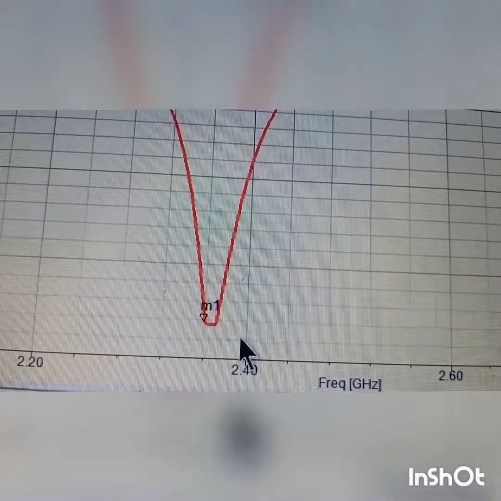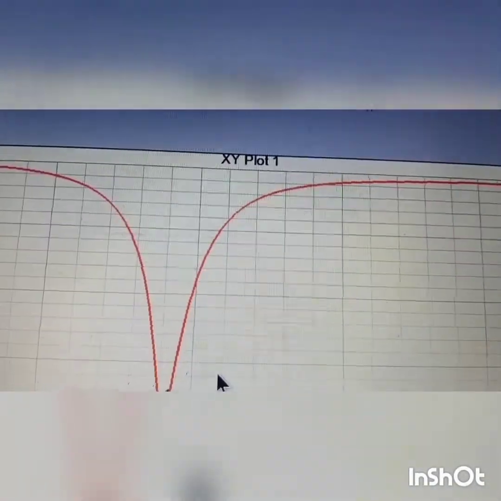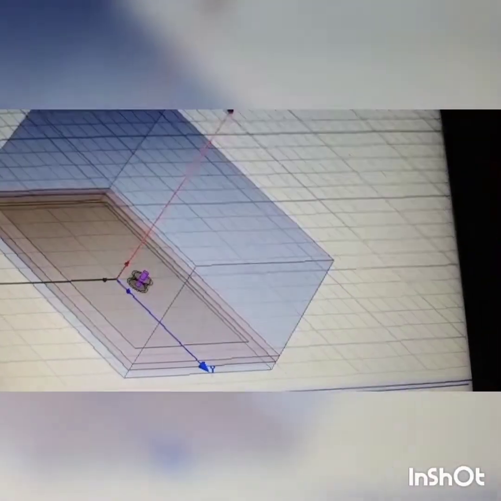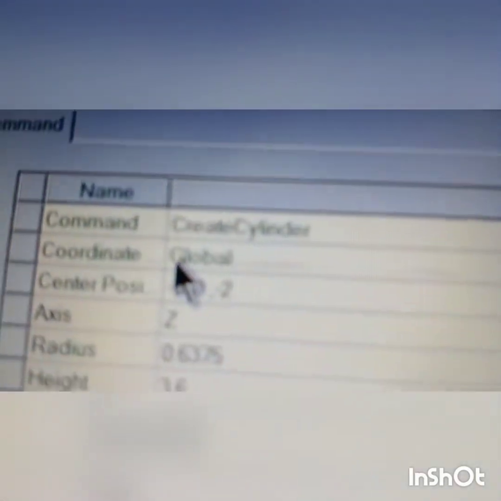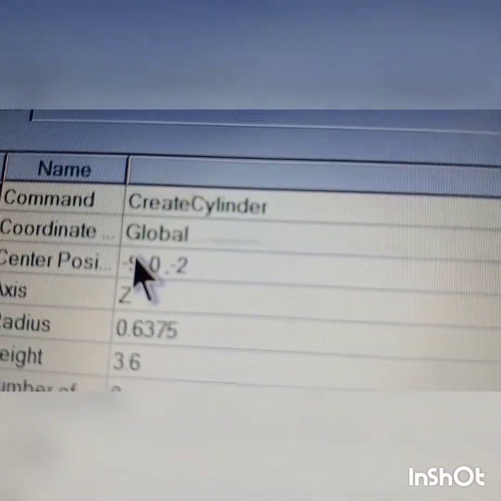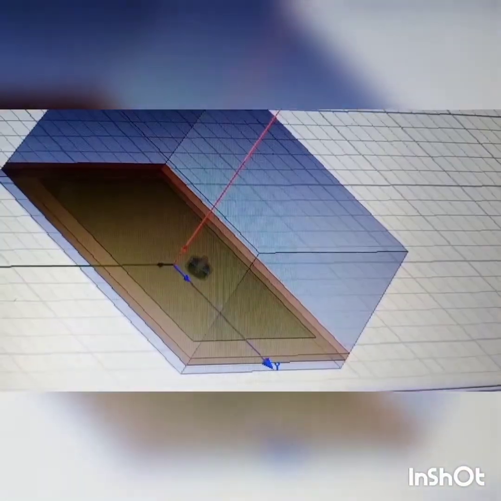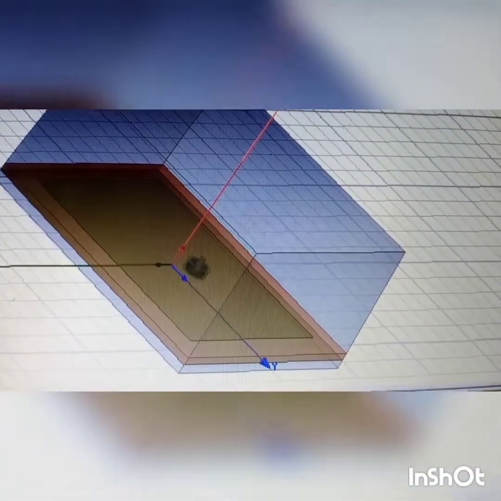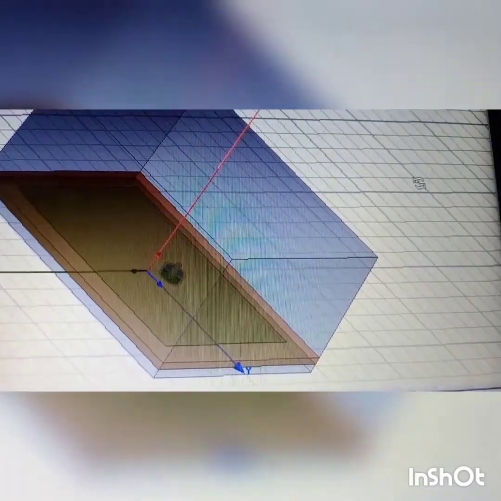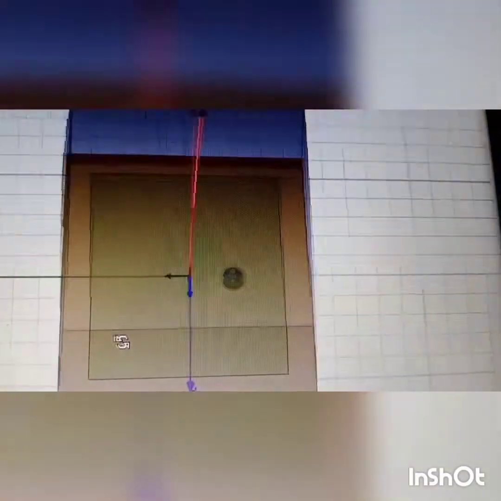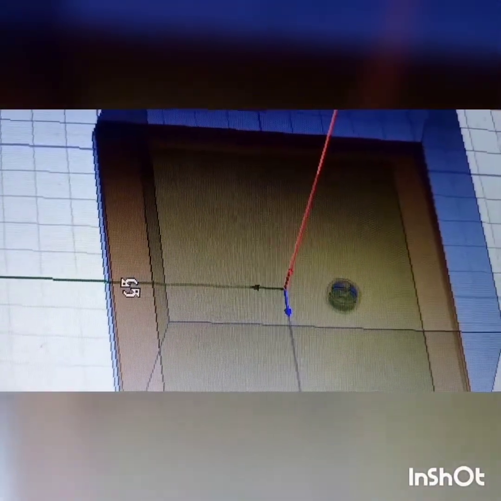Here we have to use the optimization facility provided in our HFSS. Okay, let us see. This is the result I got because of the probe. It is placed at minus 9 mm along the x-axis, right? We know that in a rectangular microstrip patch antenna we can excite the TM10 mode if I place my probe along the x-axis. See here what I am showing, x-axis, either this side or that side. I am placing it at minus x-axis.